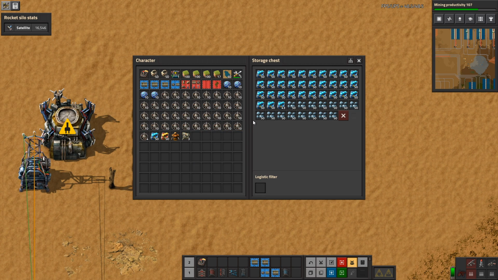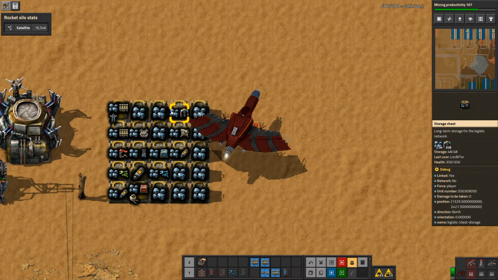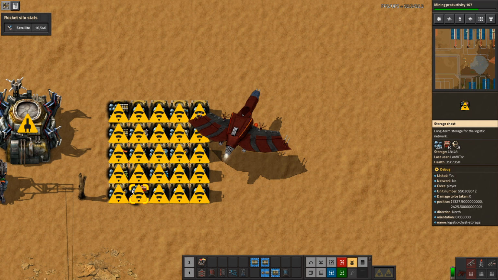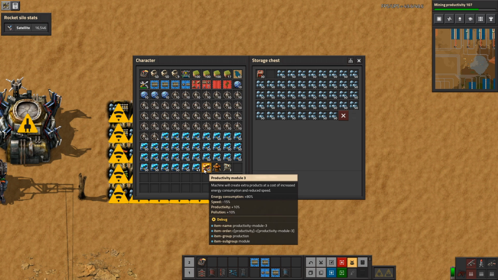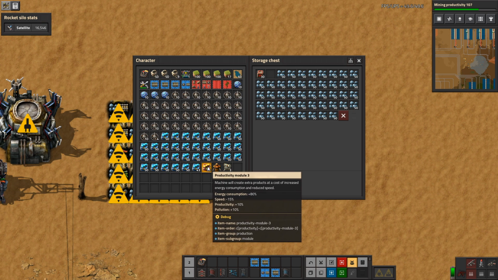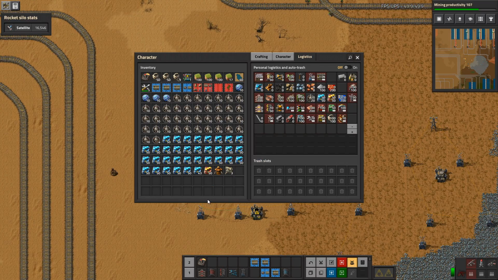And a lot of speed modules. I wonder if there's any prod modules in here. In a mining operation, the prod modules are not quite so important. So quite possibly not. I might pick up a few more of those though. I have 50 prod modules. That's actually not going to be enough. But maybe it's worth